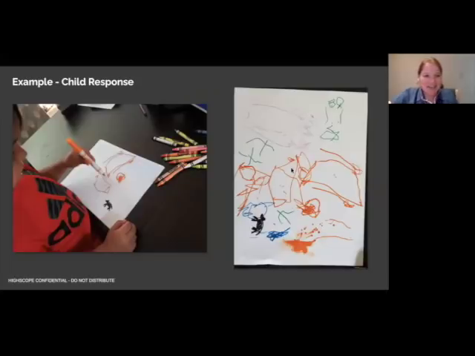So you can see that here. You can see that they got 2 photos in response. One was of the child doing the activity, and another was of the finished product. And so again, this is another